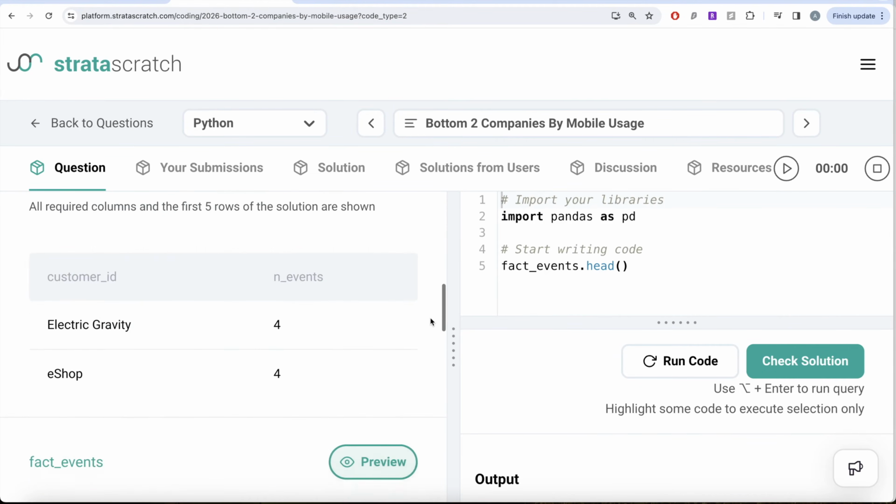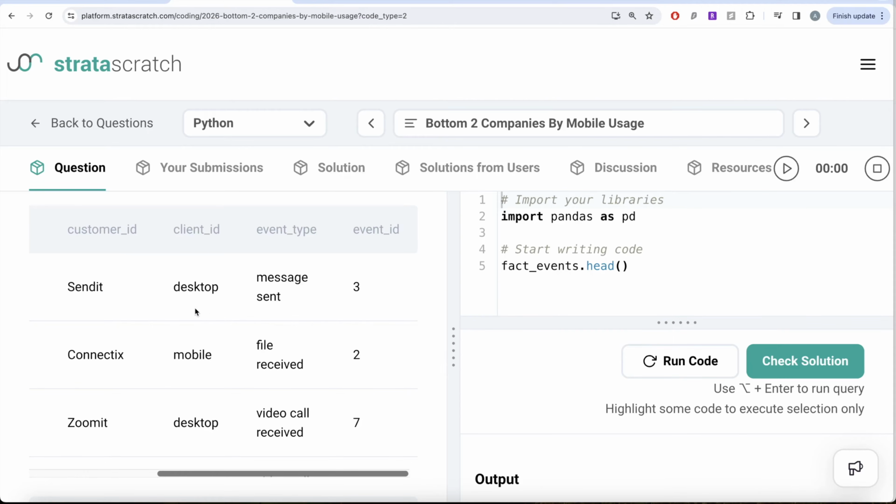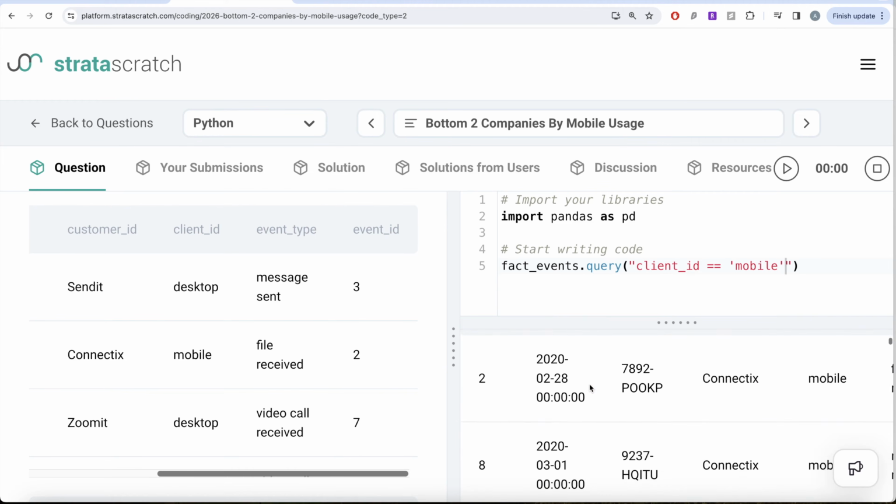Okay, so let's start with it. The first thing that we should do is perform a filter and keep only those rows where client ID is equal to mobile. So how can we do that? We can use the dot query method. So dot query basically takes the client ID and equates it to mobile. If I go ahead and run this, it is going to keep only those rows where client ID is